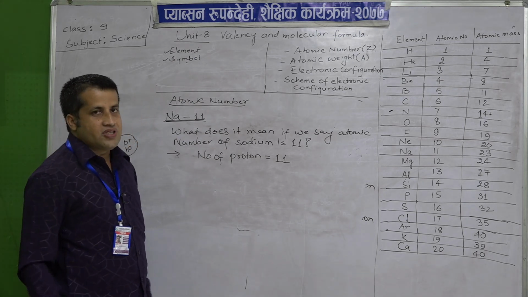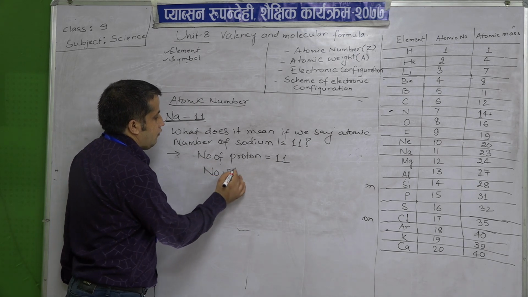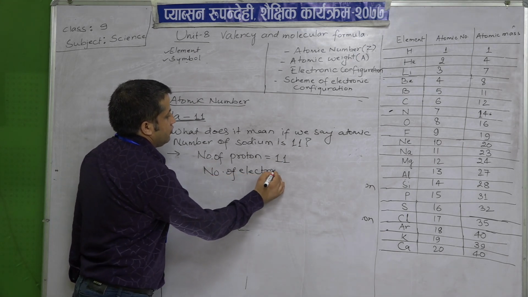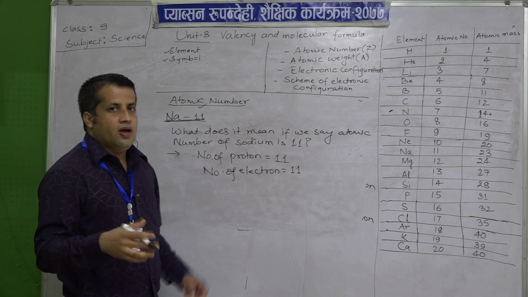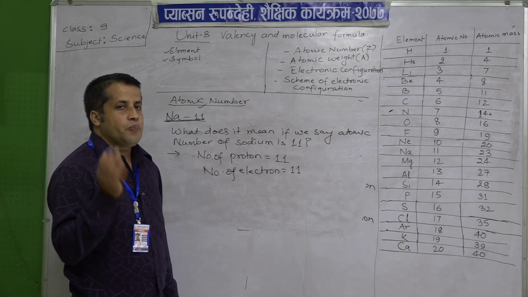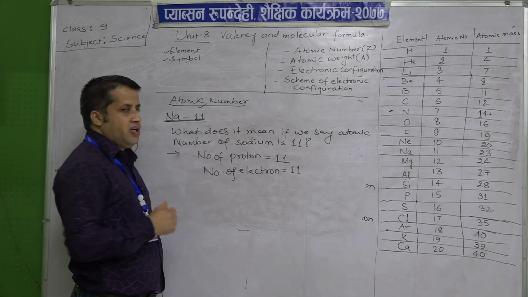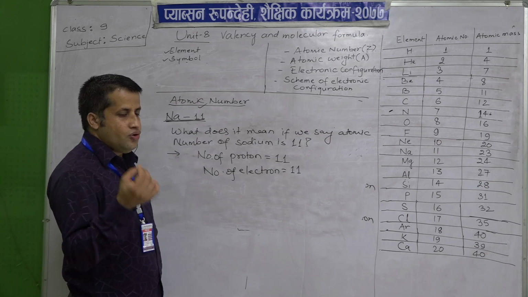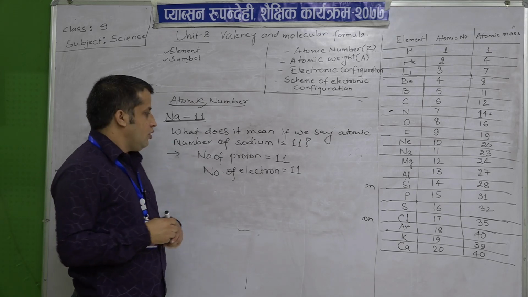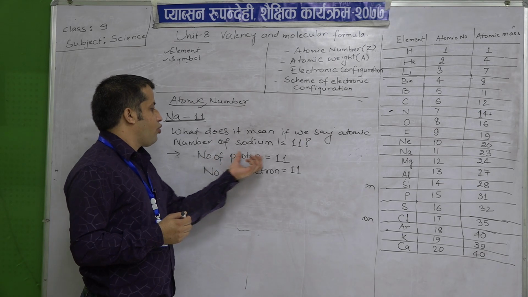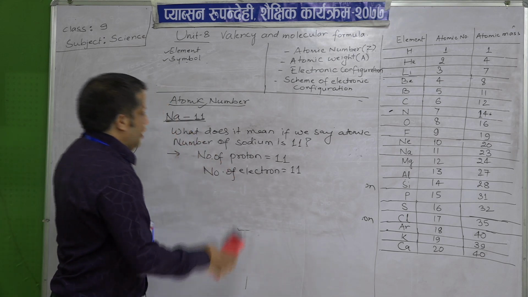Okay. Number of proton is how much? 11. Okay. And similarly, the number of electron is also 11. So, by the definition, what we have studied, the number of proton or the number of electron present in an atom is known as its atomic number. So, wherever we study the different atomic number given to you, you have to understand that what is given to you is indirectly the number of proton or electron present in an atom. Okay. So, now suppose